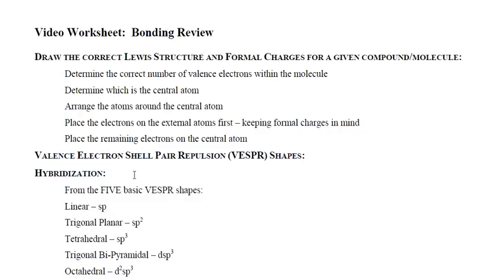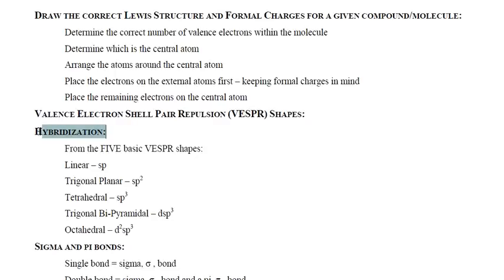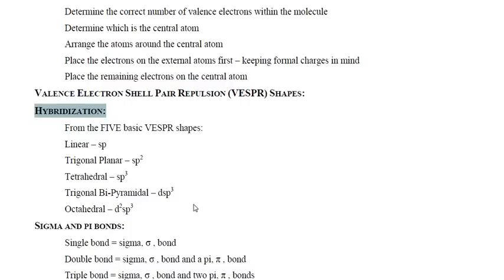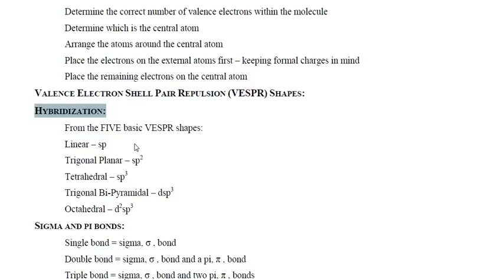Once we know what the VSEPR shape is and we know what our potential is, then we can determine the type of hybridization, or the type of hybrid orbitals, that this element has. And the good news is there's only 5 types of hybrid orbitals that exist, regardless of what type of structure you're looking at. The neat thing is, if you remember what the potential is for an element,